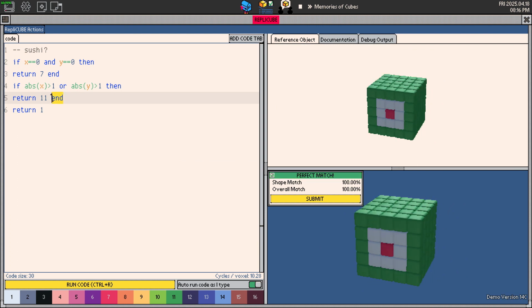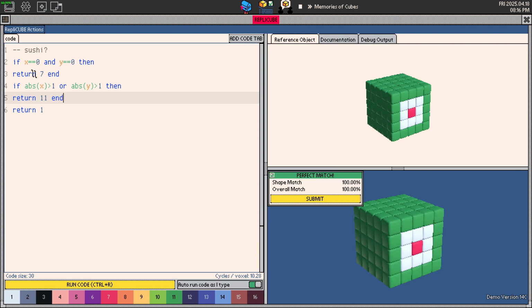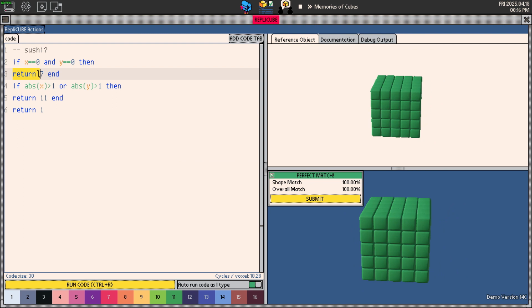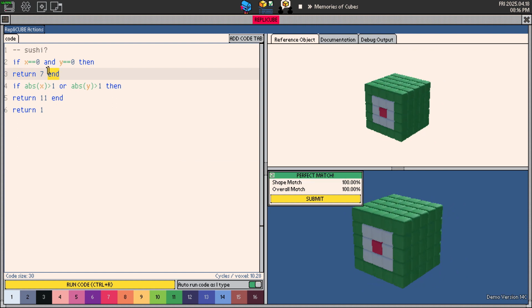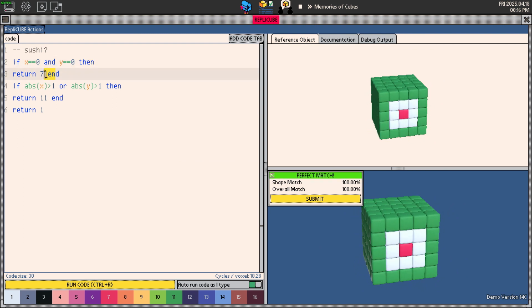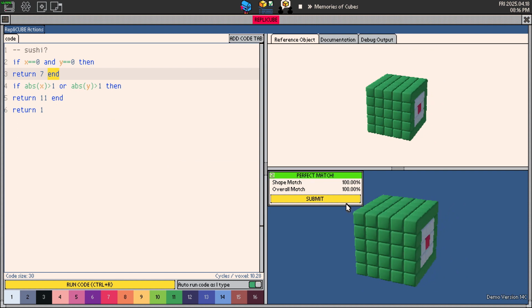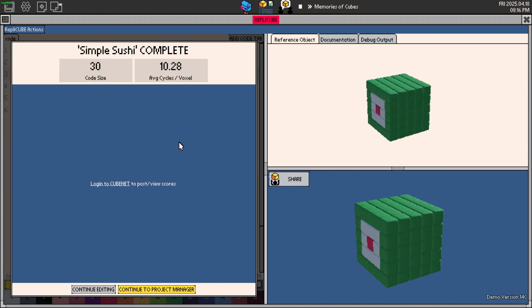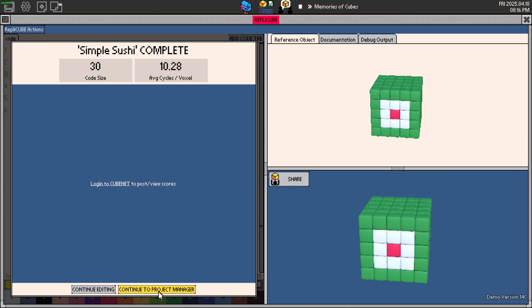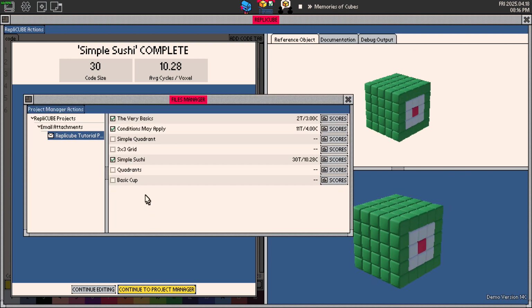I'm not sure how it works in Lua, but I think when we return, we shouldn't need something. But well, if it works like brackets in a normal programming language, yeah, okay. Not gonna talk about Lua here. So yeah, we did a sushi,